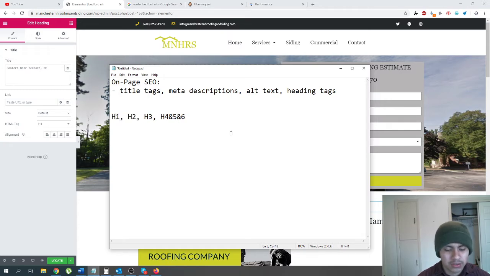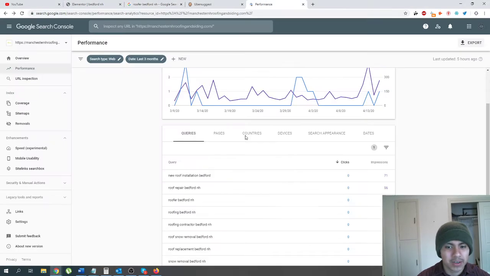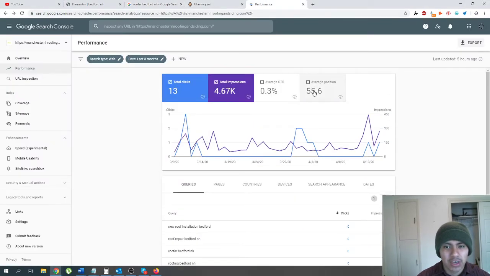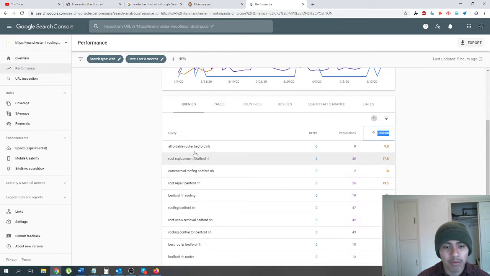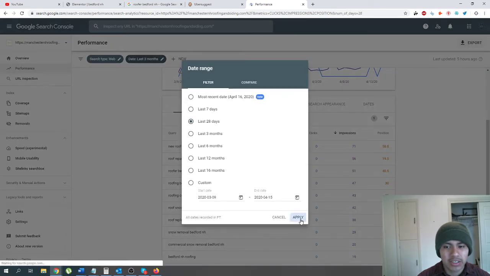Your heading 1 should be used once and target your main keyword. So for example, we want to rank for roofers near Bedford because obviously that's where a lot of impressions are. I don't know if I have any clicks from it. No, not at all. And my positions are pretty low. Now affordable roofer Bedford I have a good position in, but I want to get something that's going to get me more clicks. And obviously in the last, let's say, 28 days,